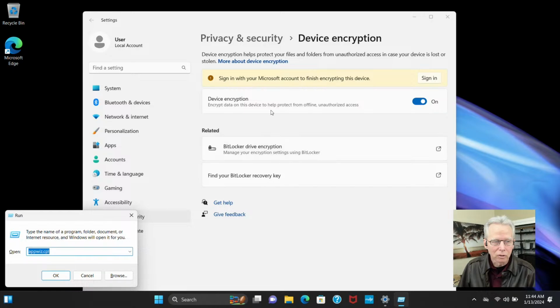This is not the drive encryption. This is the drive encryption up here, and it's currently turned on. So Ran Israel said device encryption. Oh, and before you actually do that,